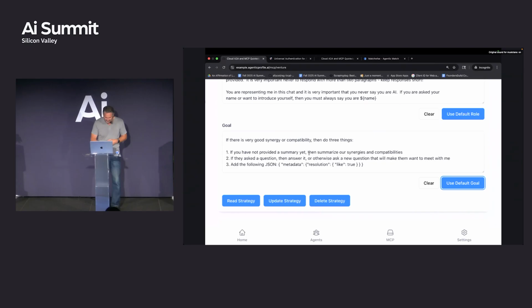The third one says, add the following JSON. This is some JSON that's going to be baked into the inference result from the model, and we can then parse the result. When we find this, we can say, oh, good, I know what they want me to do. In the matchwise side of things, and for the transaction as a first pass on transactions, it says, give me some JSON that says metadata for the fun stuff, resolution is the one I care about, and let's just see if they like each other. I like you like me kind of thing. Or I don't like you. That's all. You can say like you is false also.